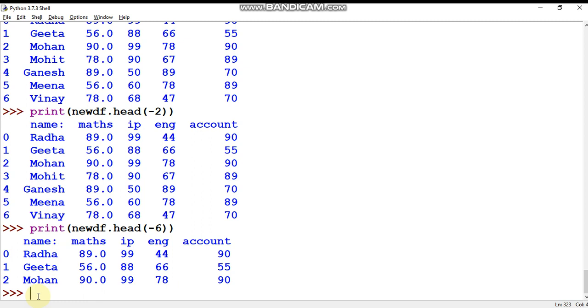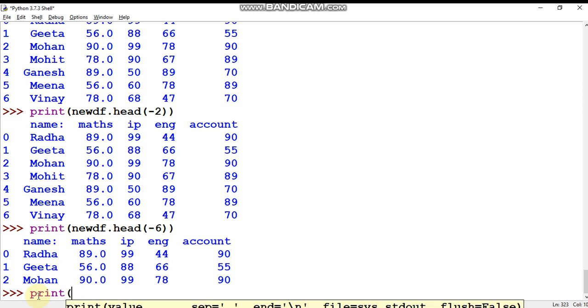So now I'm going to discuss the tail function. As per the definition, the tail function will retrieve data from the data frame from bottom to top.